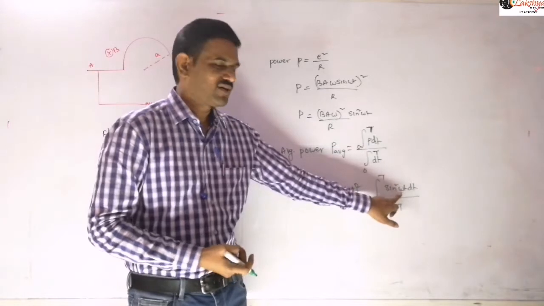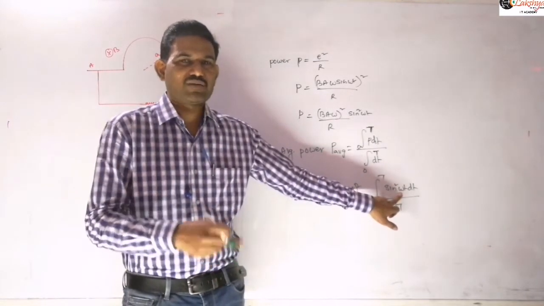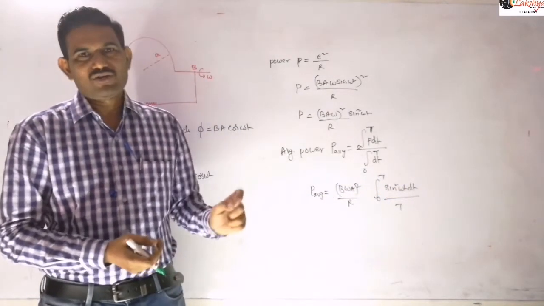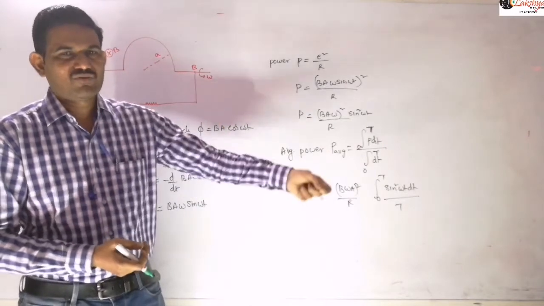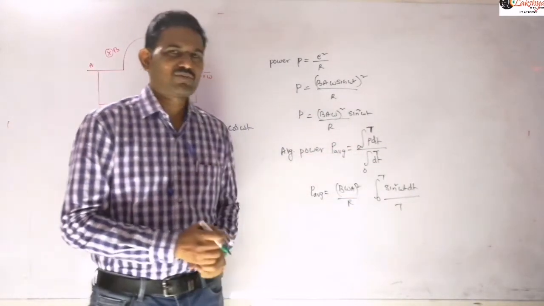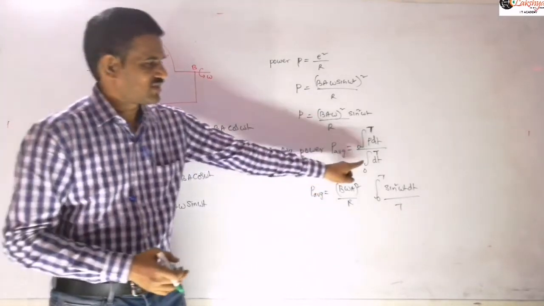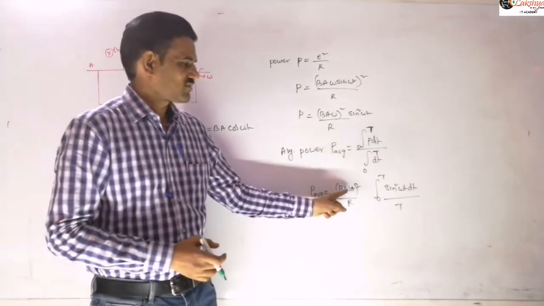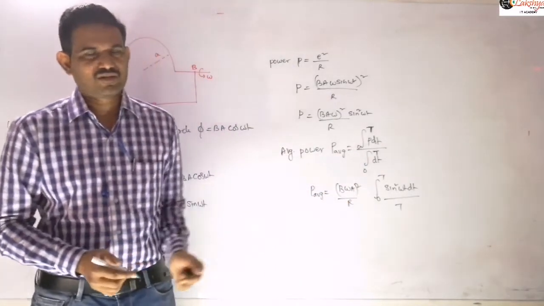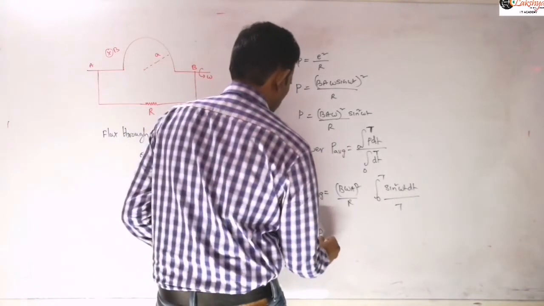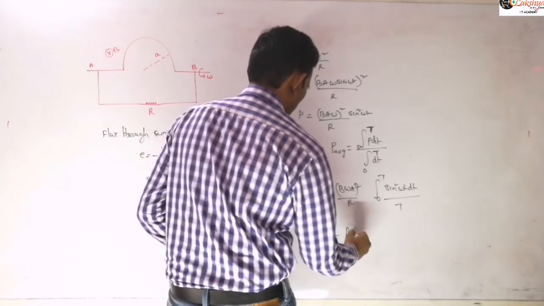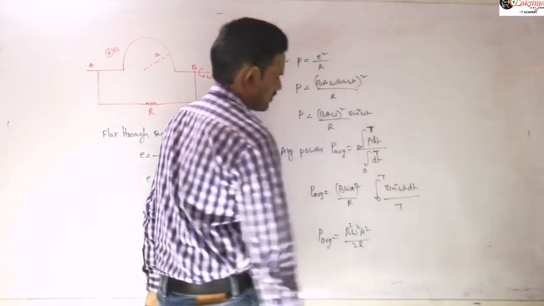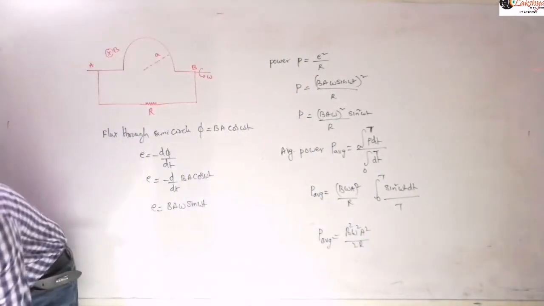And while substituting this T value, remember you need to write this omega as 2 pi by T and then substitute the T. So the T term will be cancelled and you will get a particular value. Omega you need to write as 2 pi by T, and then instead of this small t, substitute this capital T value, then you will get this answer. You need to get this value as 1 by 2. Check that value and then simplify that, right? So its value will be B square omega square A square by 2R. That will be the average power there. So do that simplification: B square omega square A square by 2R. So this value will get as 1 by 2. So check that integration, right?